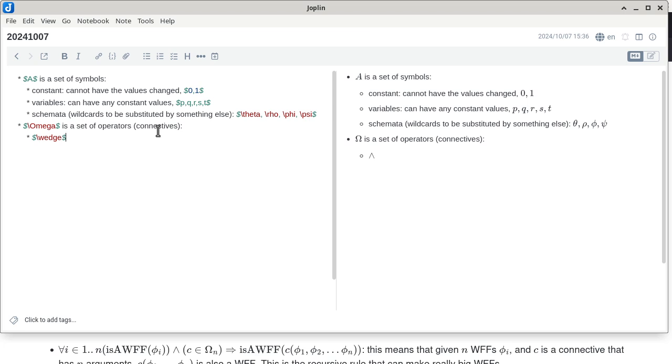What does that mean in normal Boolean algebra? It means and. How many operands does it have? In other words, how many values does it need in order to quote unquote operate? Two, that is correct, because it's an infix notation, so it needs two operands. So we have a bunch of these things. This is another one that needs two